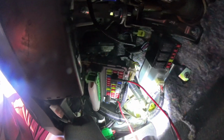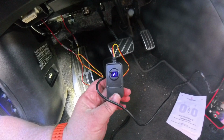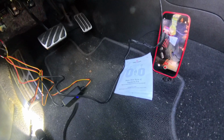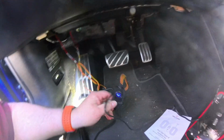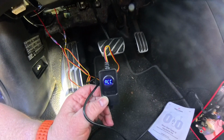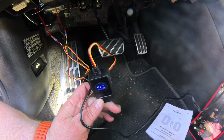This is all wired up appropriately with the correct fuse taps, and the ground is secured. So what I was saying is you'll see 12.4 volts on there, and when your setup is complete and you actually start the vehicle, which we just did, you'll see that we go to ACC. Now we have power with the car off and with the car running, and now we have our